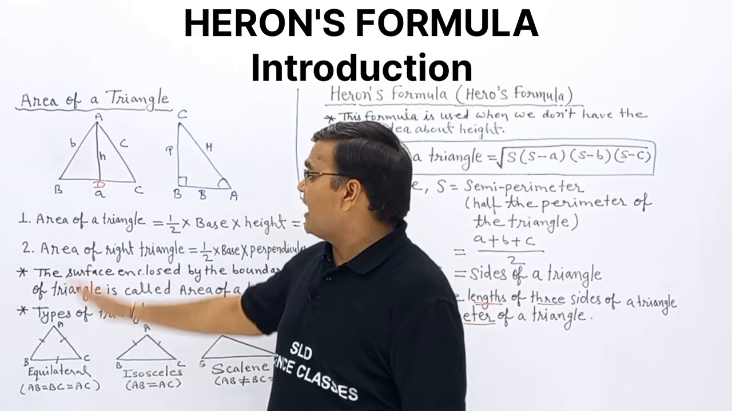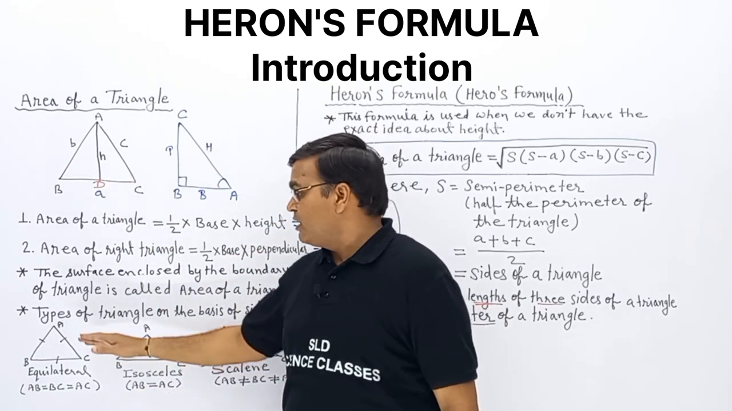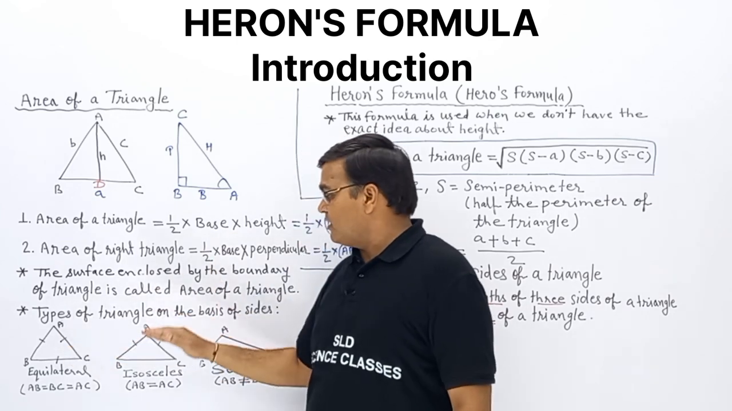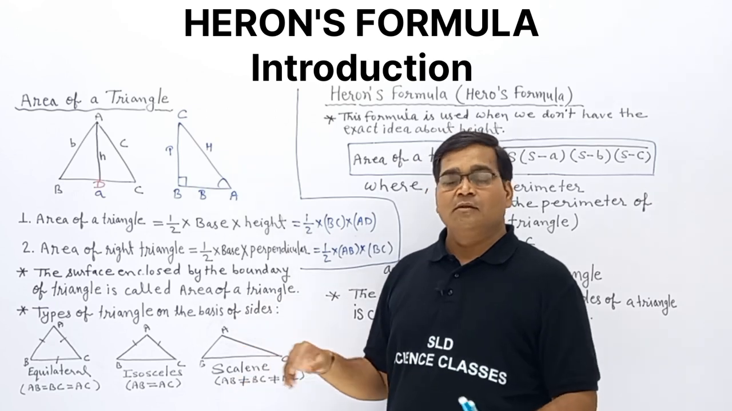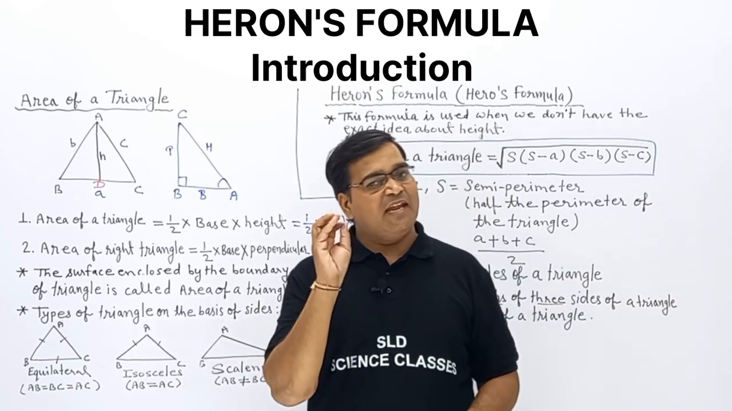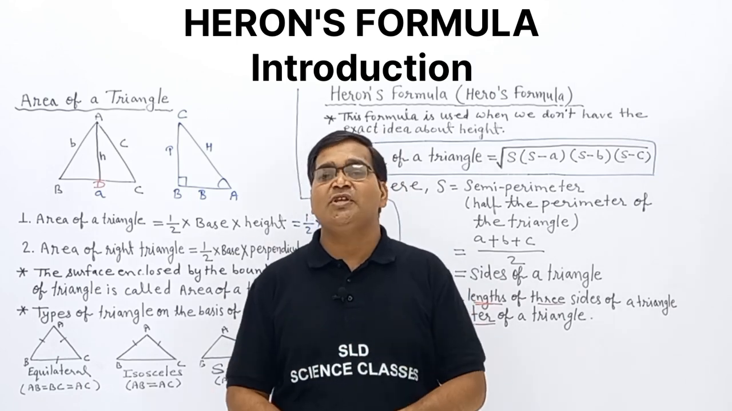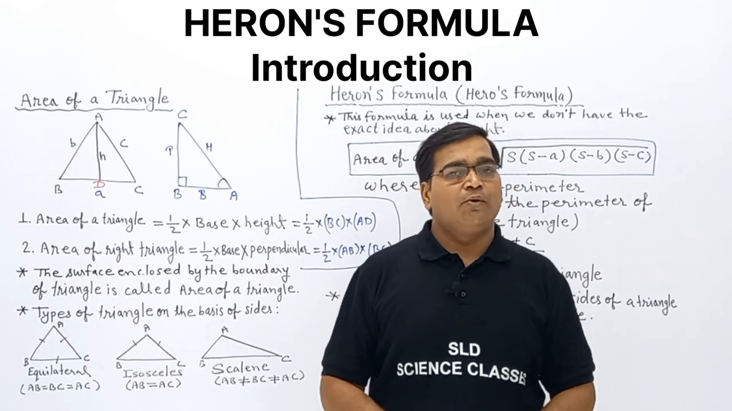a, b and c are the sides of a triangle. And we studied different types of triangles also. Equilateral: all sides are equal. Isosceles: two sides are equal. And scalene is where no one is equal. We have three sides, and if all are different from each other, then that is called scalene. Clear? So I hope you